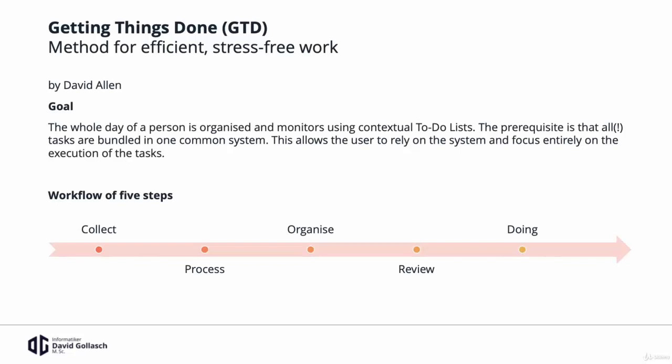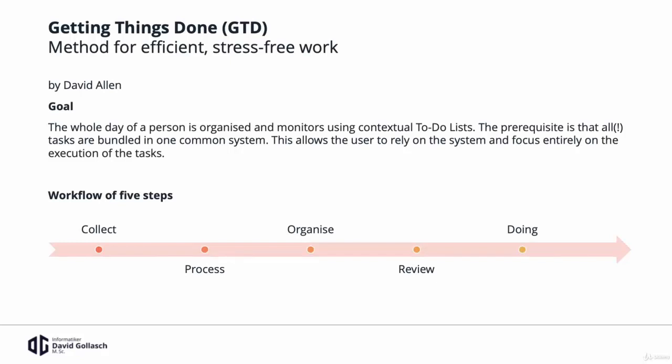The workflow as such comprises 5 steps. And these 5 steps are a bit like oriented onto the time management phases I've shown you. So the identification and prioritization process and the scheduling process, that's all here in this collection process of this workflow. The processing part of this workflow, and the organizing or organization part of this workflow. So these are the 3 very important and main steps of this technique, of this Getting Things Done